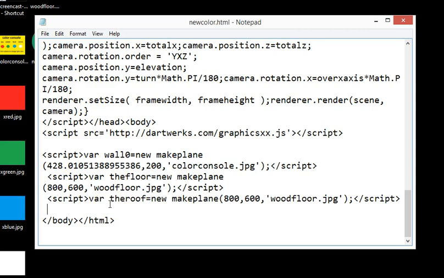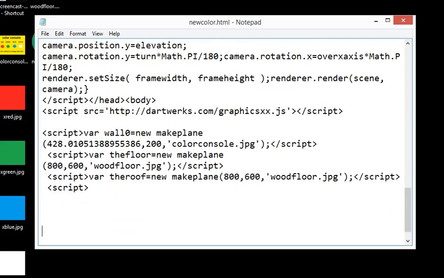So the first thing I do is watch my spelling, you guys, see if I make any mistakes here. Script, variable. Oops, I already made a mistake. Let me just space this down a little bit and get that stuff out of the way. Okay. Script, variable, red equals new cylinder, open